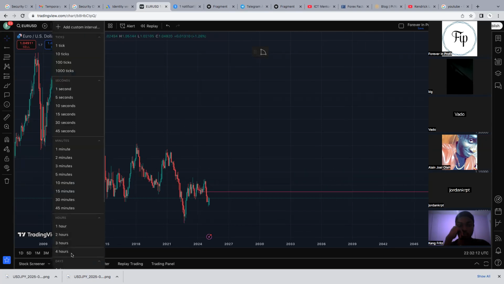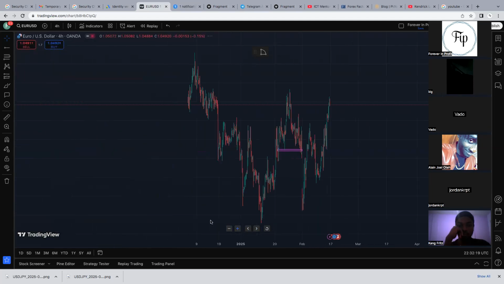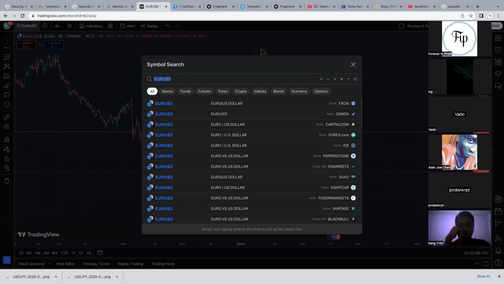And if you go on a 4 hour, you see where the breaker aligned itself. Zoom in. See how this breaker aligned itself, right? After taking out all the liquidity above this area, it comes out on this area, takes out this high. It aligns itself with this nice bearish order block, bearish breaker block here too. So you already have a long buy to go, which means the dollar index has a long way to collapse